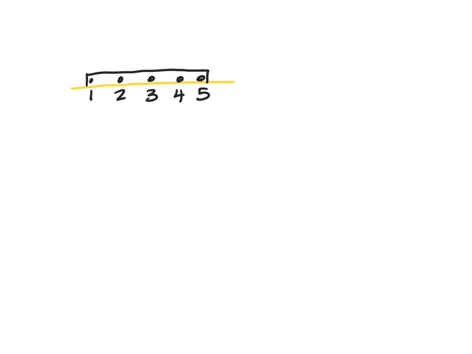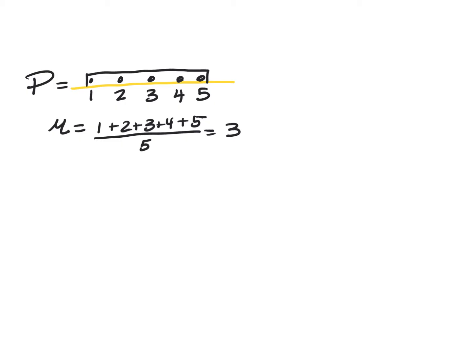All right, so let's do all of the math. Here's the population mean. This is the whole population. Population mean is 1 plus 2 plus 3 plus 4 plus 5 divided by 5, which is 3. Makes sense, right in here. Okay, now, trickier, population standard deviation. We're going to take 1 minus 3 squared, plus 2